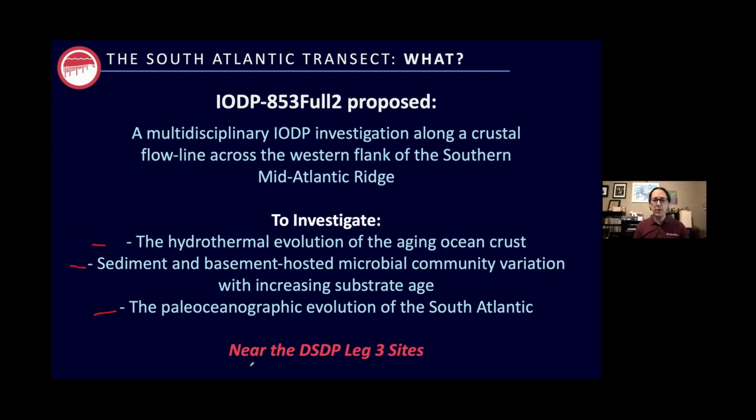One of the reasons I wanted to show you this slide is just to point out the interdisciplinary nature of the project. We all have our own interests, but one of the things that really helped sell this project in particular, and other ones as well, is how integrated the different disciplines were. That's seen as a strong point by the reviewers as well as everybody involved.